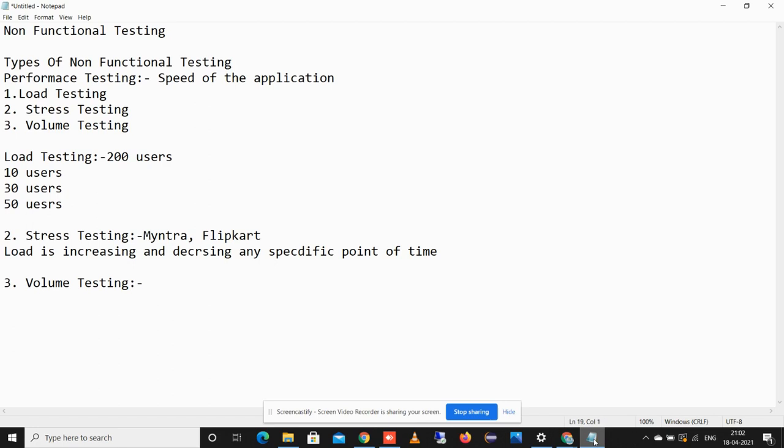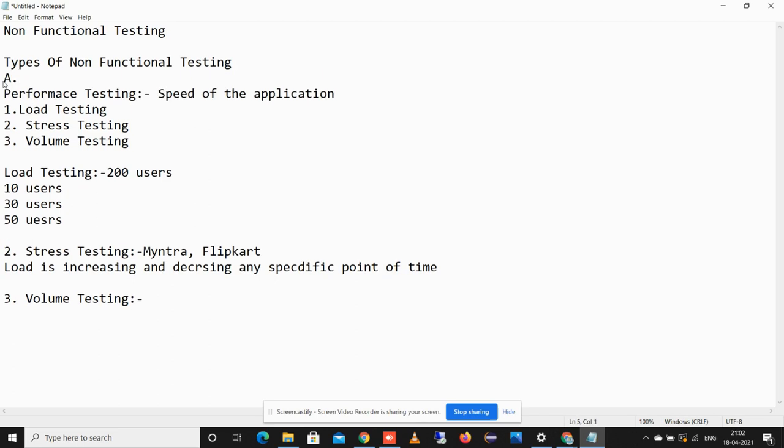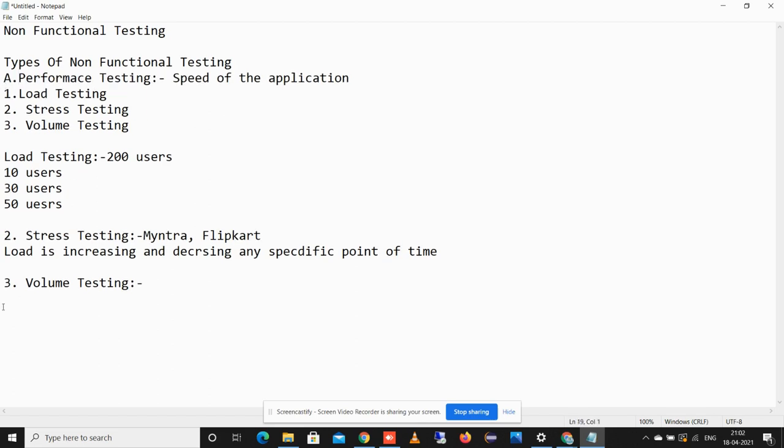After the performance testing, the next thing we need to consider is security testing. How secure the application is, this can be done by the authentication and access control. We can also say authentication and authorization. Authorization is also called the access control.